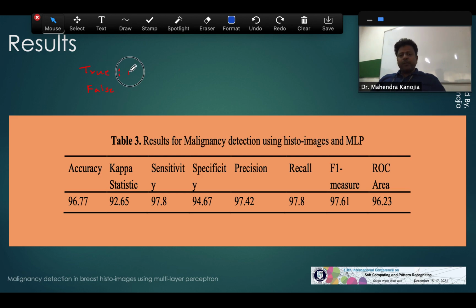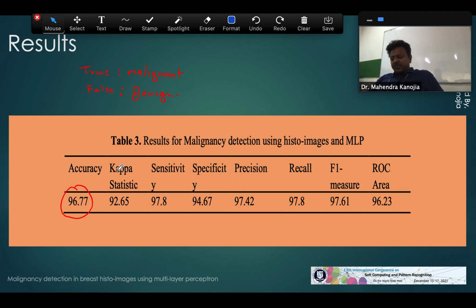The true is for malignant, so whenever the cell is malignant, we consider it as true, and false is for benign. As usual, the accuracy is about the true positives and true negatives, and we came up with 96.77%. All the values are converted into percentages.